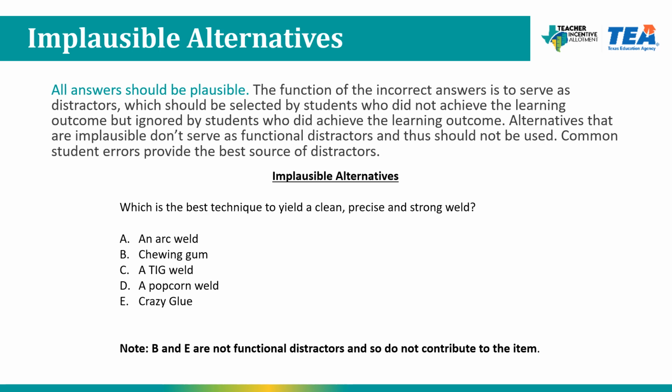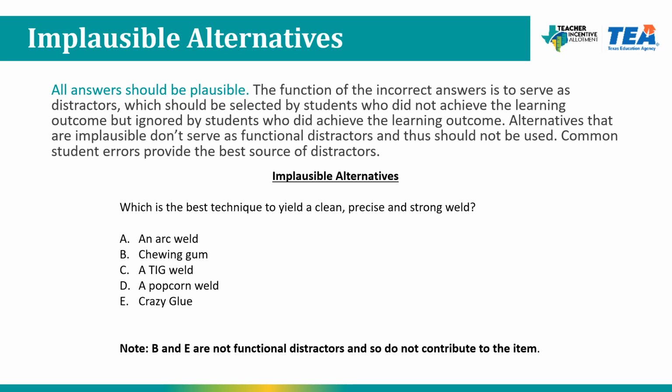Students quickly recognize the implausibility of certain choices, eliminating them without genuine consideration. In essence, functional distractors should be credible enough to challenge students who haven't mastered the material, yet non-plausible options fail to serve this role. This highlights the importance of all answer choices being plausible to ensure an accurate and reliable assessment of a student's